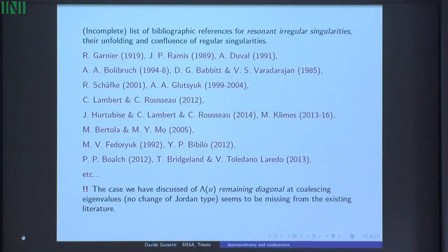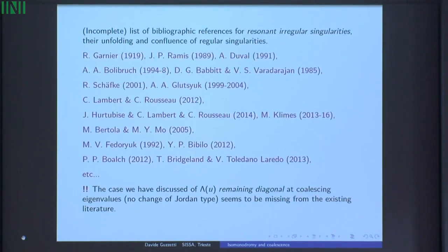Maybe just some literature. You may ask if this kind of results are already in the literature. Actually, we were not able to find them. Several people studied the case of coalescence of singularities. Here there is a list. But these studies were concerned with leading matrices which are in Jordan blocks, and they were concerned with the change of behavior of solutions, I mean,